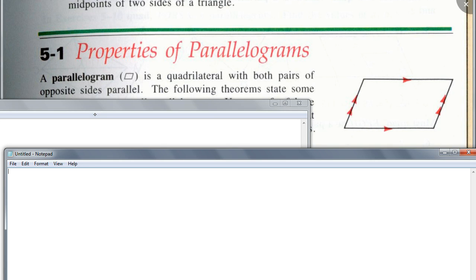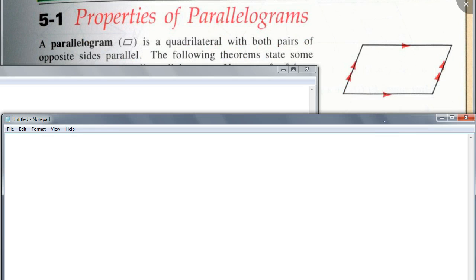Okay? So write this down. A parallelogram is a quadrilateral with both pairs of opposite sides parallel. Okay, as you can see on the picture, you see how they have these arrows, right? The opposite sides are parallel sides. Okay,